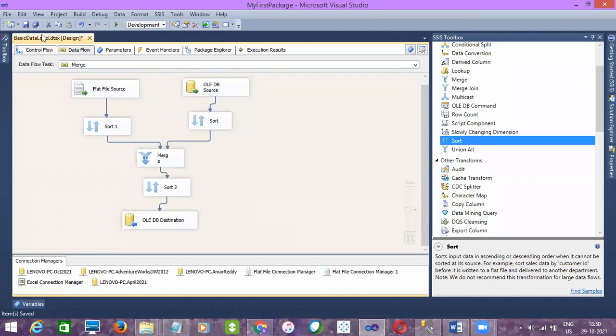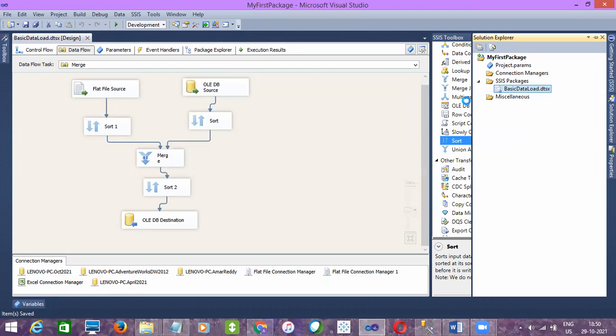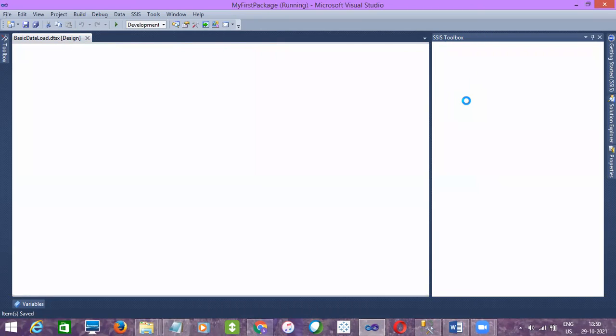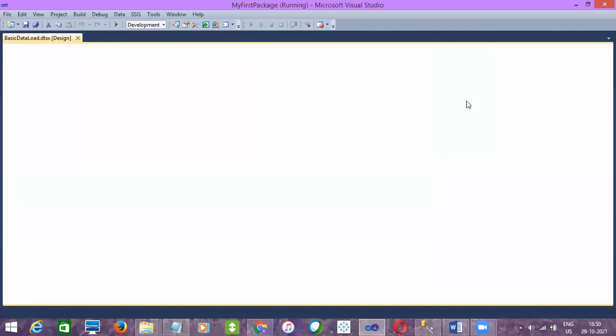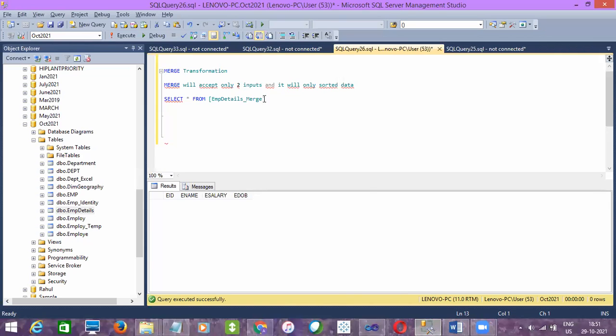Click on OK. All right, so now let me execute. Right, 12 rows only inserted. So if you go and check here,